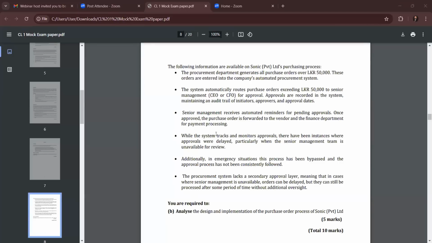And the other thing, students, when the purchase order goes, simultaneously it goes for payment as well. That cannot be. A goods received note has to be there. Purchase order, goods received note, supplier invoice: only if you have all these three, you make the payment. Three-way matching has to happen. No proper supplier selection. Below 50,000 there is no process, so people can manipulate the process. No three-way matching. No alternate approval. Lot of issues.